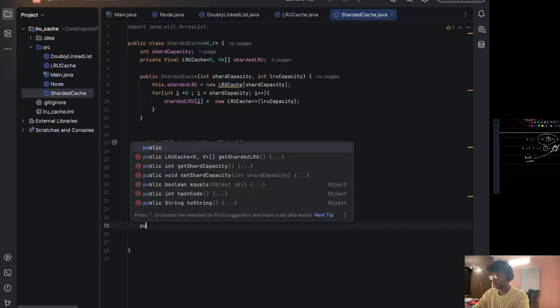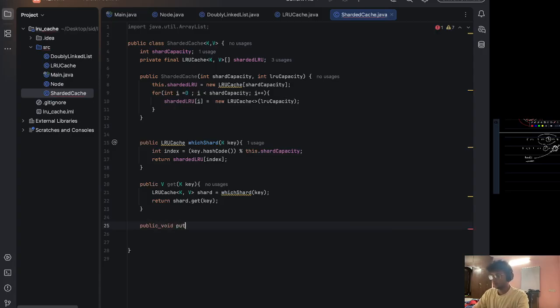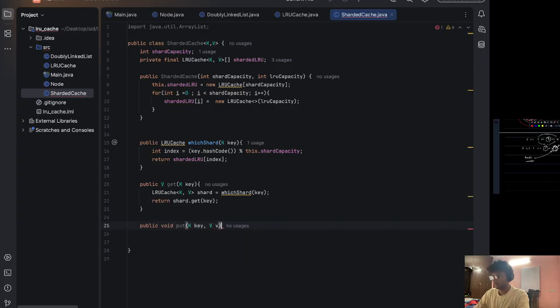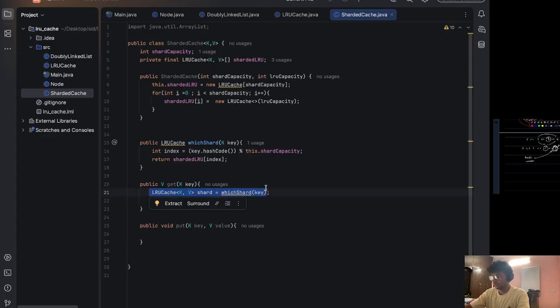And similarly for public void put, or I believe this is boolean. Let me just keep it void for simplicity. Void put, when you want to put a particular key and a value, right? So you have a key and a value, right? So what you're going to do is the same thing, right? Which shard of the key,